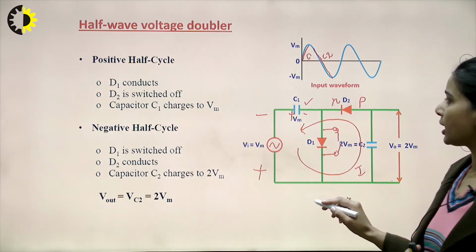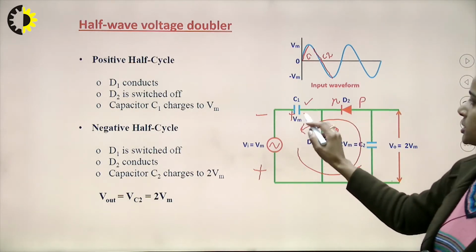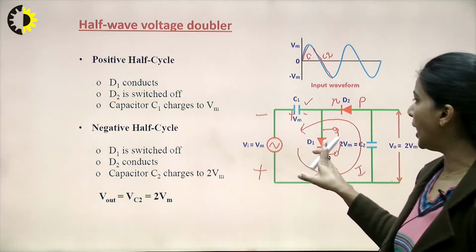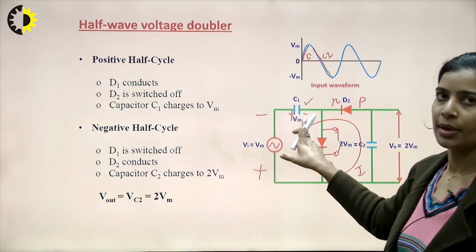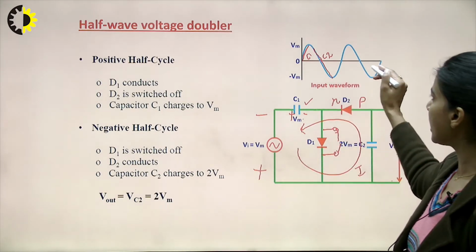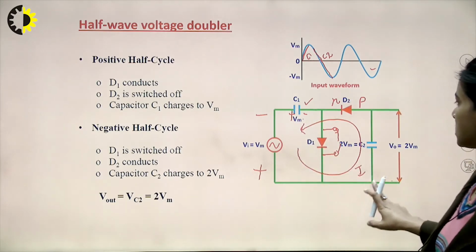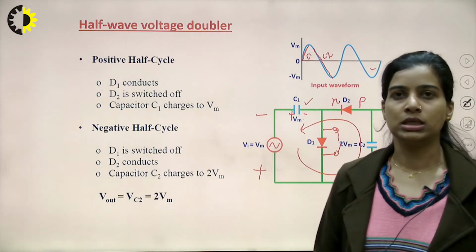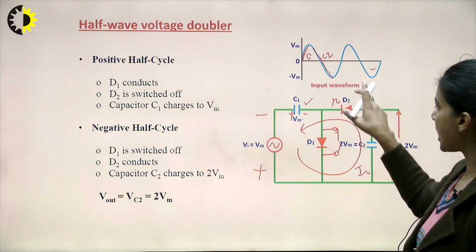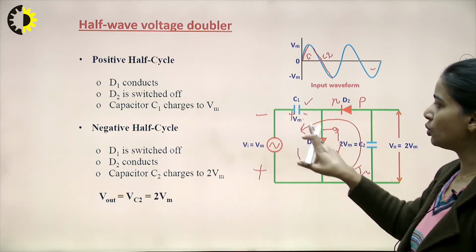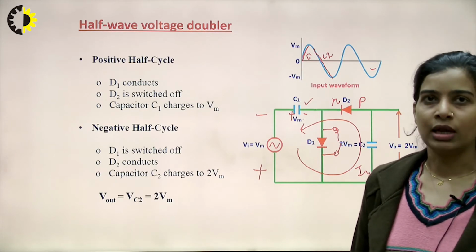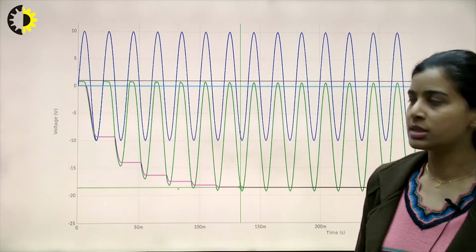And for the next cycle, when the next positive cycle comes, again this diode D1 is on and it again charges capacitance C1 to the value Vm, and in the next negative cycle that Vm will be transferred to the capacitance C2. So, in the first cycle we get Vm. For the second cycle this Vm will be increased to 2 Vm. So, to achieve the 2 Vm, that value we get after some cycles.